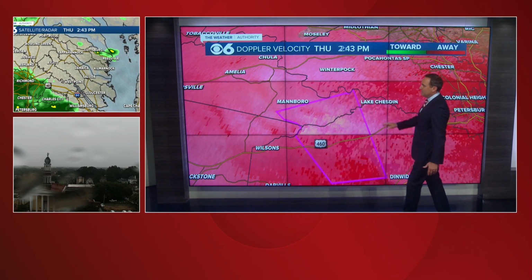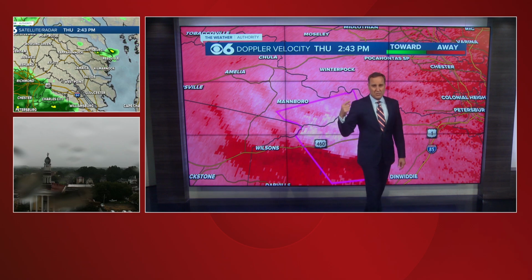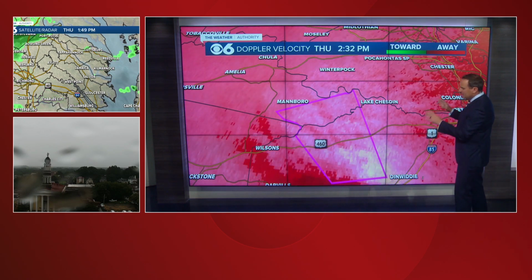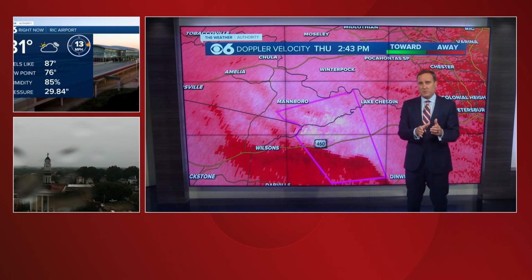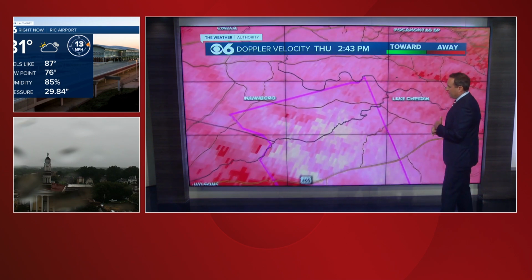Now, it's just southeast Amelia County right now, so if you live in Amelia Courthouse, there's not a concern at the moment, but you need to start thinking about it as it is moving in your direction. Again, this is the only tornado warning kind of in the central Virginia area at the moment, but we do have a couple more in southeast Virginia, one with a confirmed tornado down near the Suffolk area at this time,